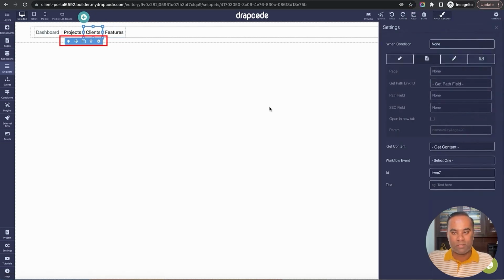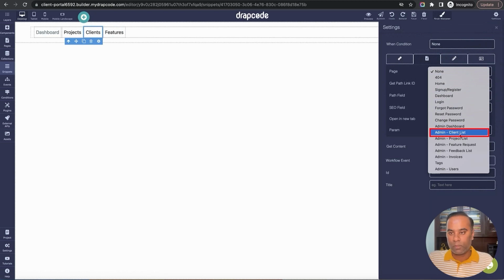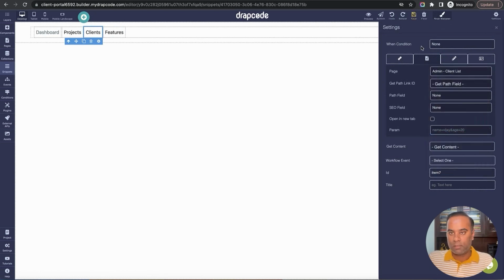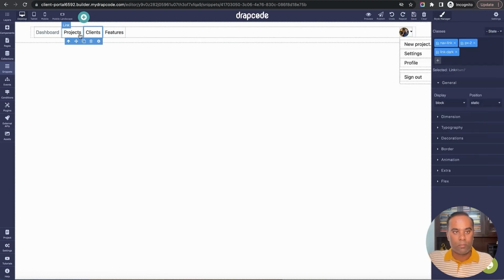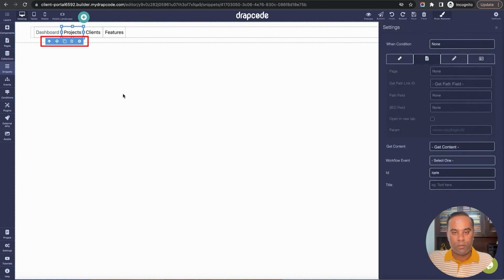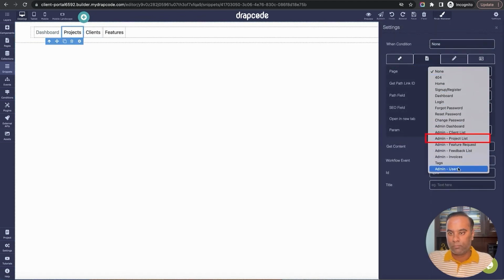Profile, and all these things we'll implement later. Client, let's say admin clients list, and projects, let's say admin projects list,